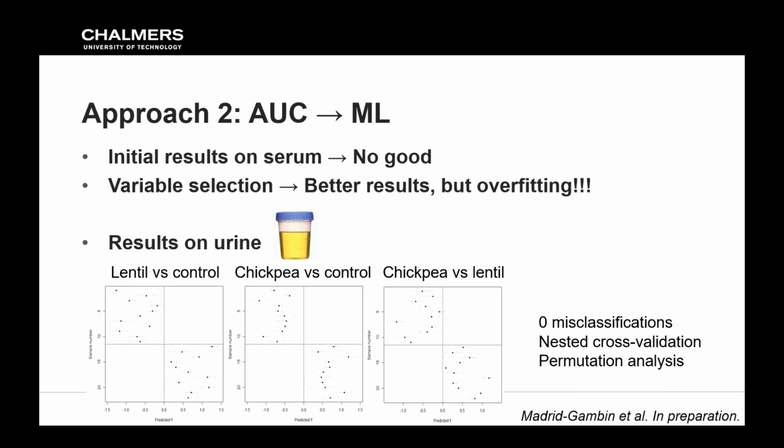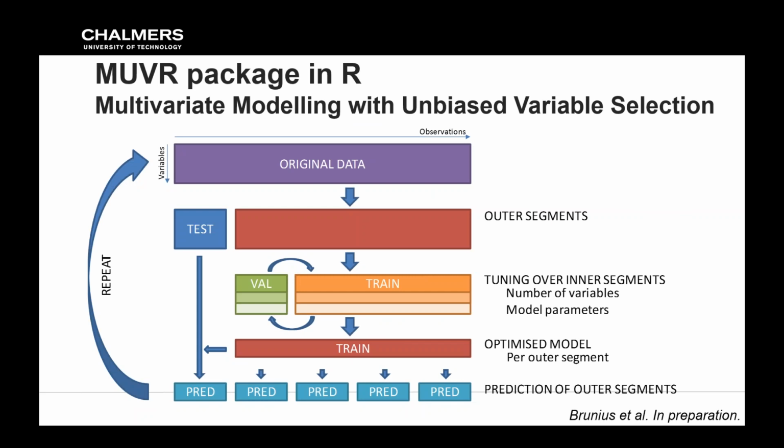But we also did this using a sort of new validation framework, which we have been working with in our lab for quite some time, which is a nested cross-validation or repeated double cross-validation, which has also been pioneered by the Biosystems Data Analysis Group in Amsterdam and Filzmoser and colleagues elsewhere. So we do the same kind of thing, but instead of just tuning over the number of components, we're also tuning over the number of variables within the cross-validation loop. So we get an unbiased variable selection.